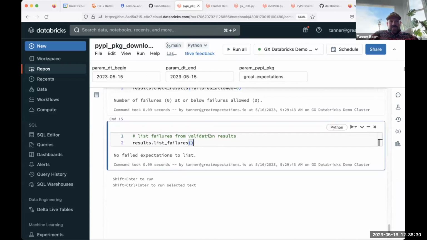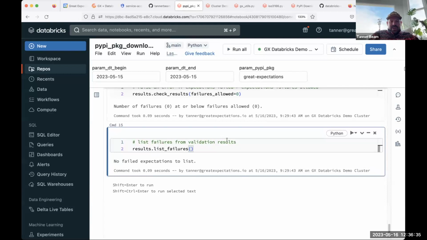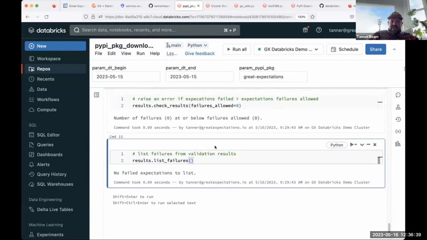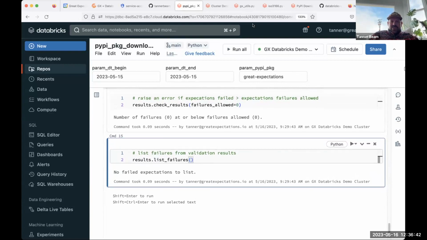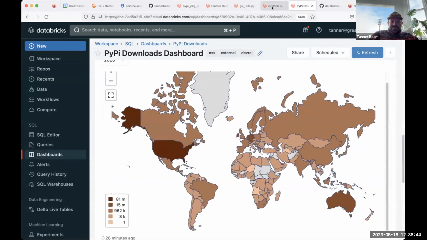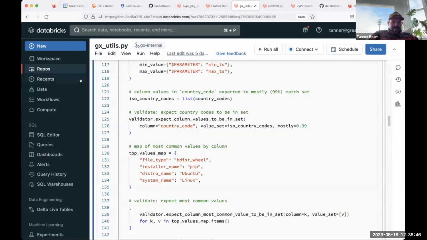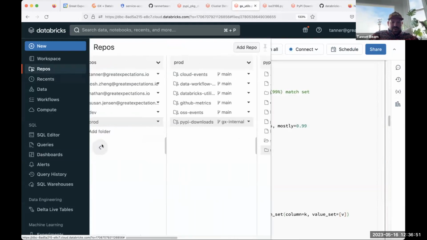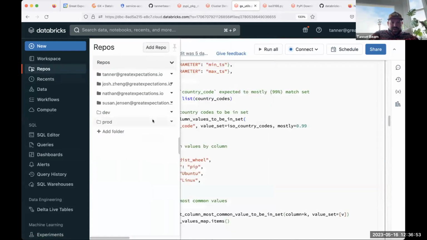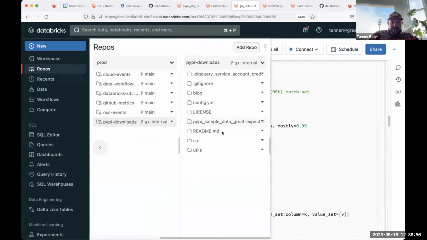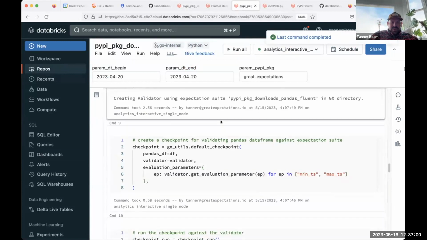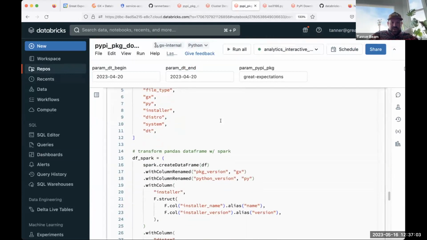That's pretty much it. This is not a fully productionalized example, because you would need to incorporate scheduling it, and also persisting the data to disk. So essentially what I do is, let's see where I have it. Repos, probably in prod. Repos prod. PyPI downloads. So, an example of what I do, and this really depends on your tooling and your preferences,